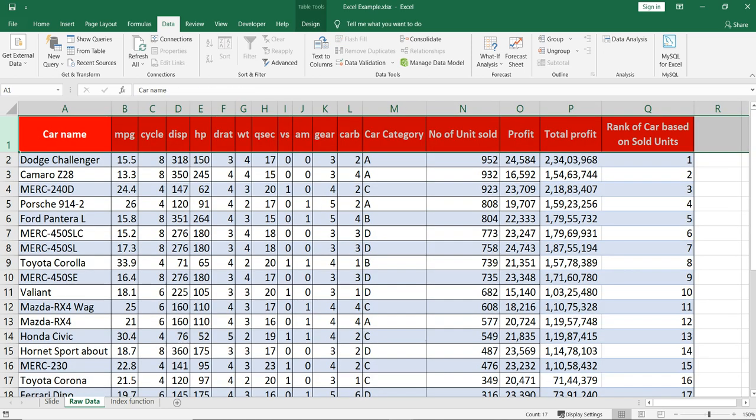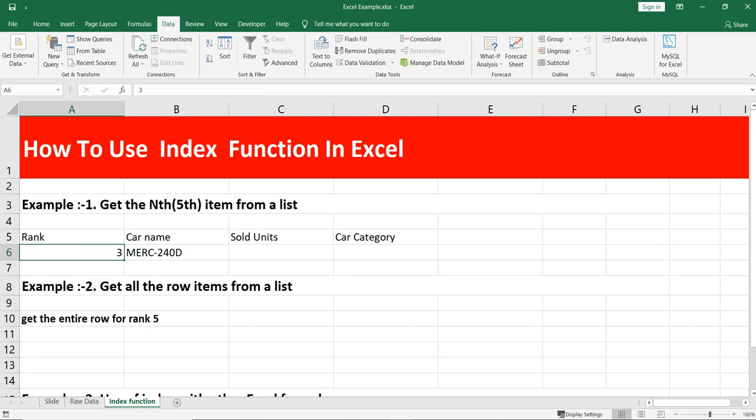Now if we want the rank 10 car name, or the car name that has rank 9, what do you have to do? Simple, you just put 9 here and you will get the car name.